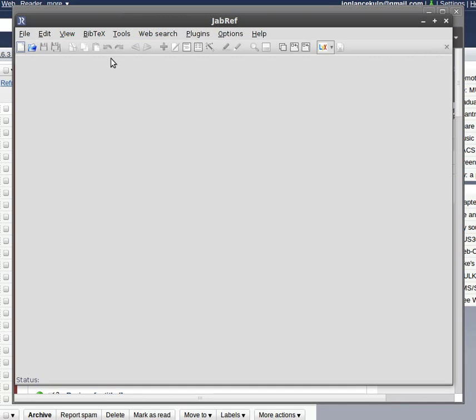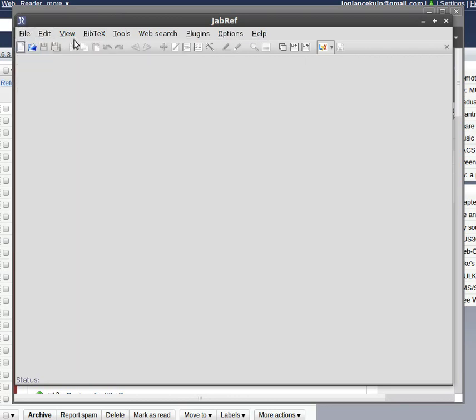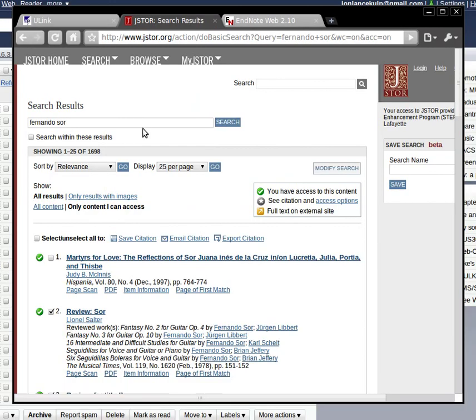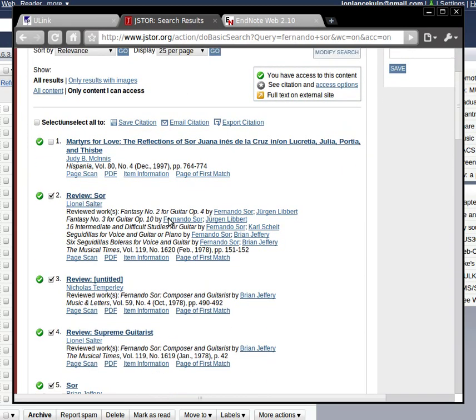Right now, the window is open, and you see there's nothing there. It's possible to start new databases from scratch, but I find it much easier to import references a bunch at a time than to create them one at a time. So let's go to JSTOR here, and I've done a little search for Fernando Sor, a guitarist, and